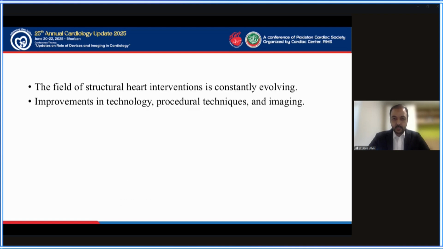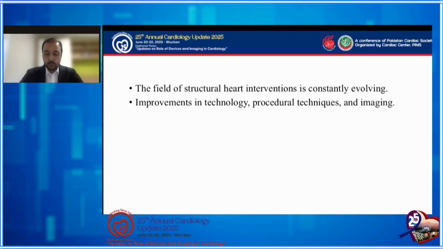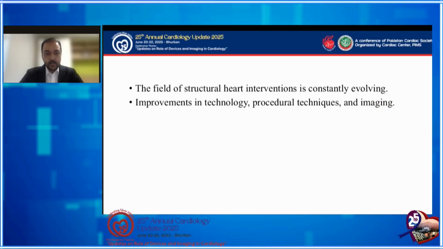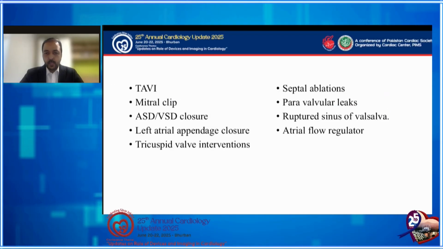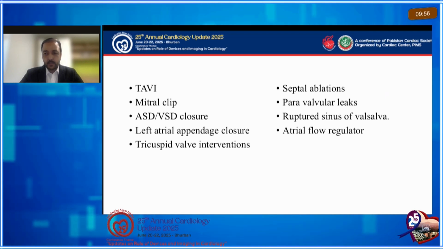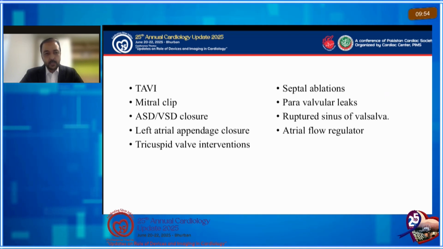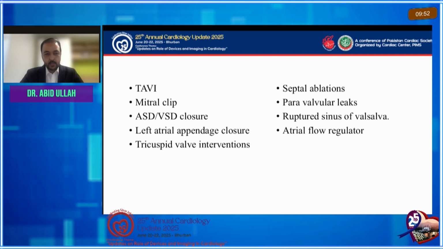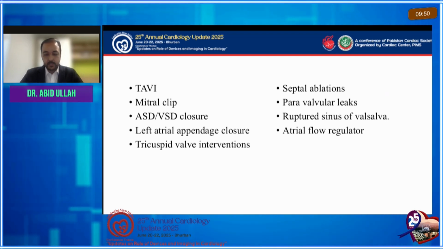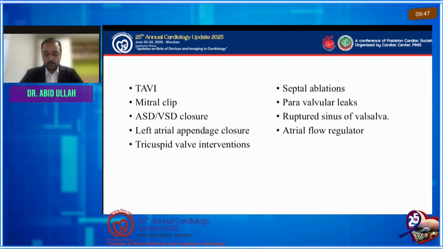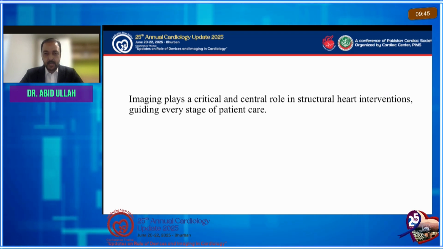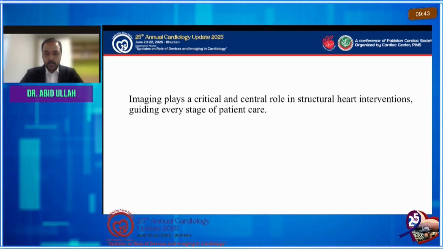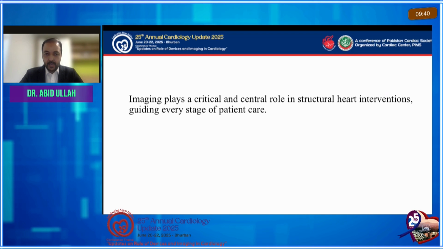We all know that structural heart interventions are constantly evolving. There have been improvements in technology, procedural techniques, and much more critically in the imaging guiding these procedures. If we look at the spectrum of structural heart interventions, they range from the commoner ones, like TAVI, mitral clip, ASD, VSD closures, and so on. Imaging plays a critical and central role in each one of them, and it guides every stage